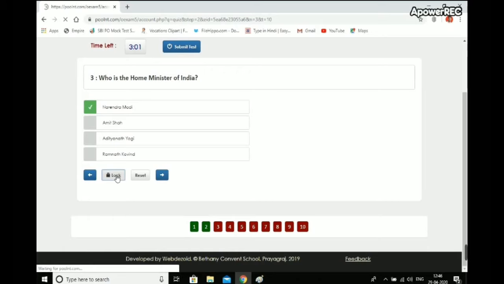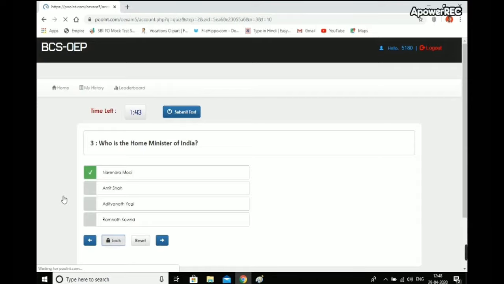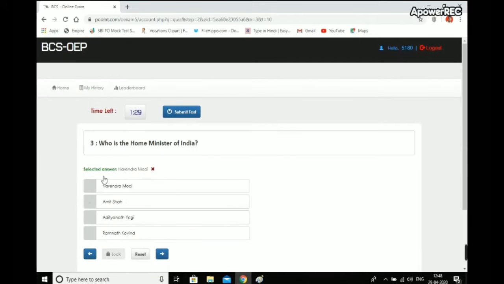So I am doing a wrong answer as Narendra Modi, and I will lock this answer. So right now we have selected the wrong answer. In case you have selected any wrong answer and you want to change it, you have to keep looking at the time also.